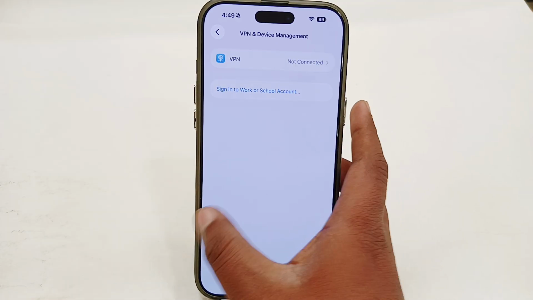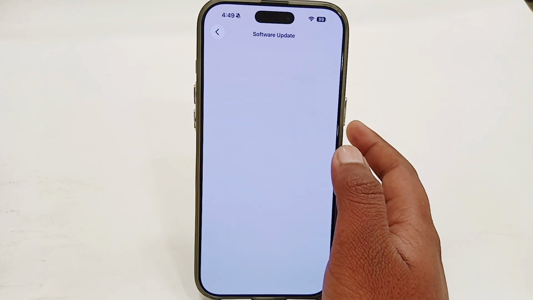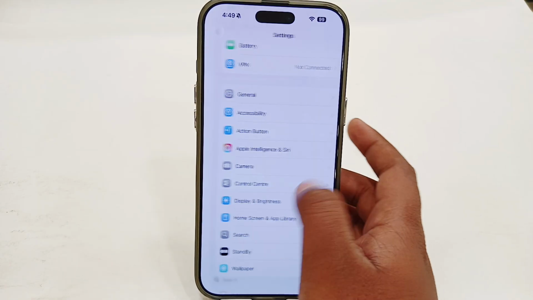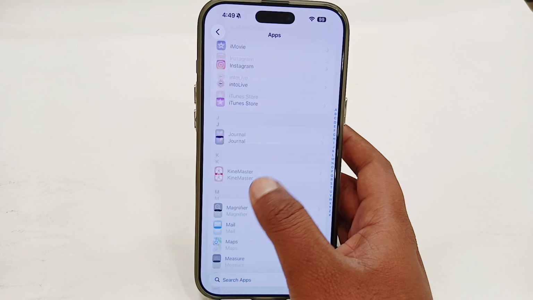Once you have disconnected your VPN, simply go back and go to Software Update. You can also try to update your software. Once you've updated your software, simply go back from here and go to the Apps section. Here, look for the Safari app,